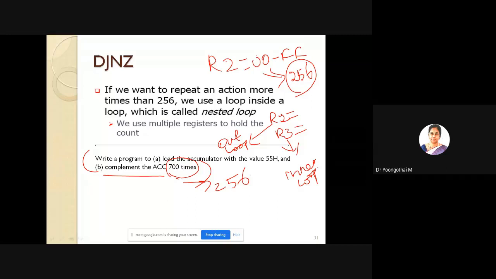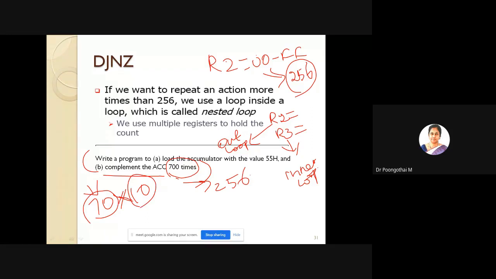You have to divide this number into 2: 70 into 10. So this 70 may be your inner loop count, and this 10 is the outer loop count.